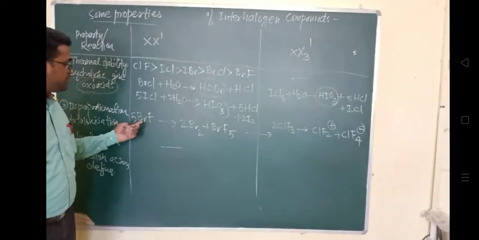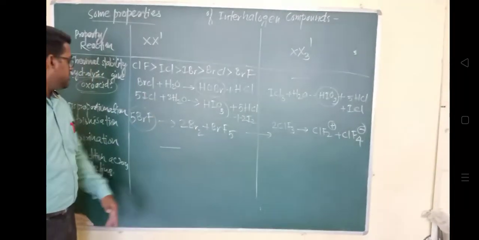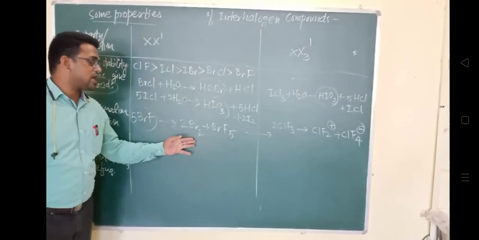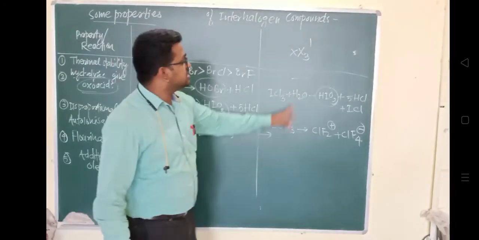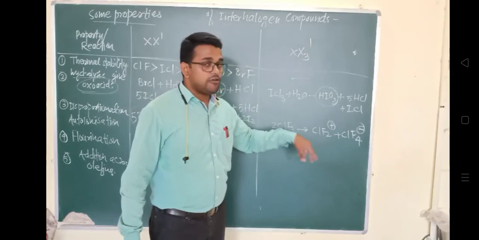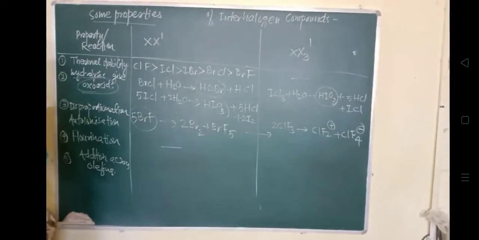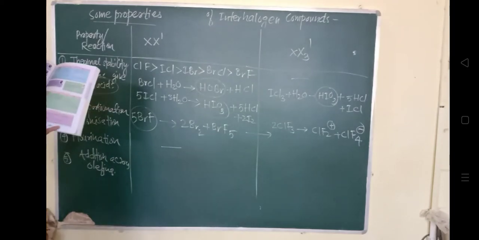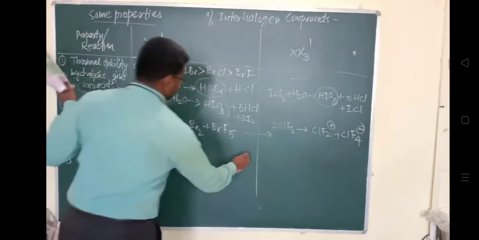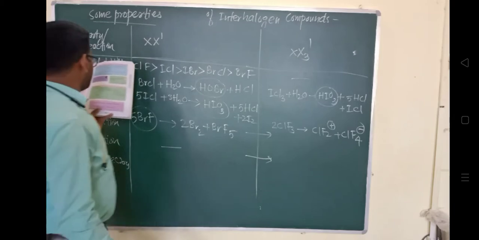Another example is about the fluorination. There is no fluorination in case of X type, but in case of X3 dash type, there is a fluorination. Okay, so U plus ClF3, and it is forming UF6 in a liquid state and ClF in a gaseous state. So this is the property of the fluorination.